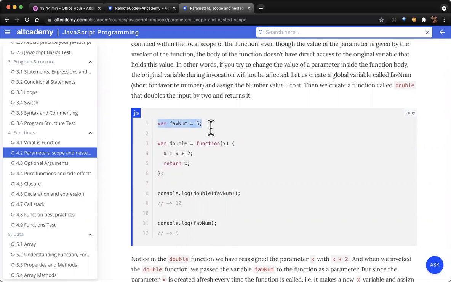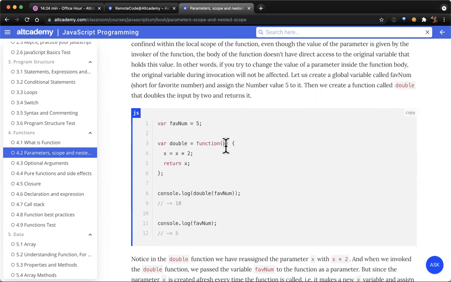So if you had, for example, faith num created outside, this is the global scope, right? This is the root scope of your whole program, this global scope. And then here you're creating a function. So inside this function, you have your local scope of the function, okay? Everything in here, but note something, okay? This x, we didn't create it with a variable because this x is from here, from the input parameter. So this x is going to be only used in here as well.